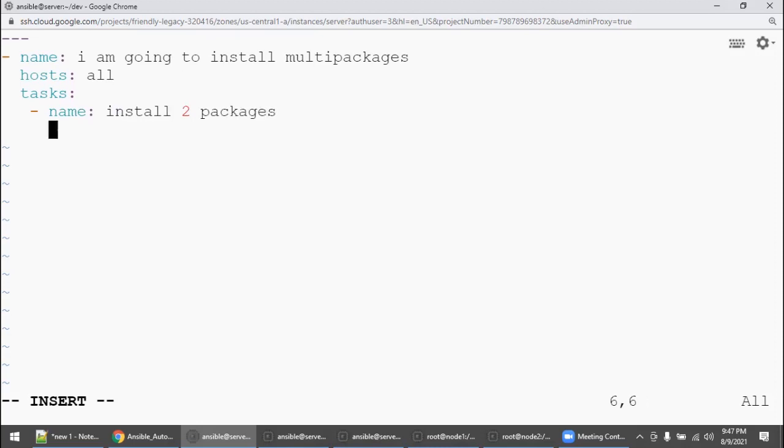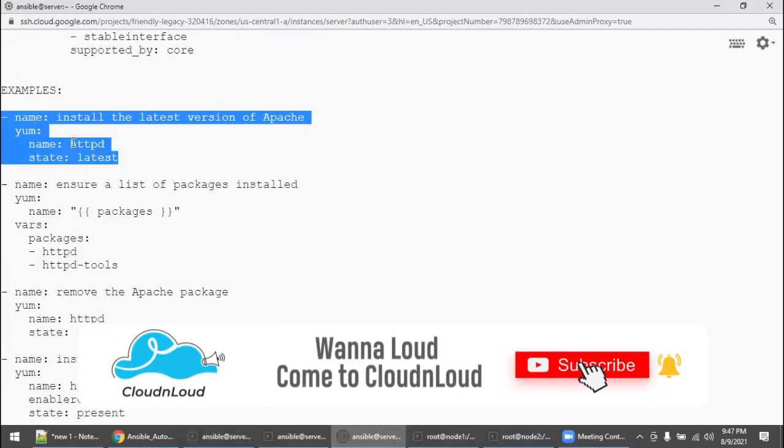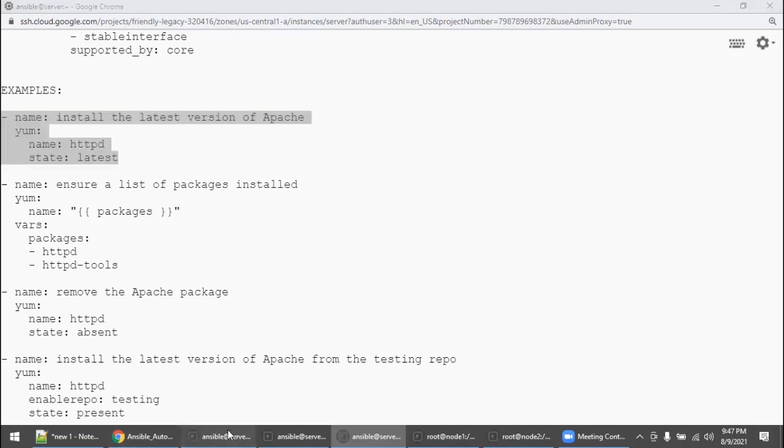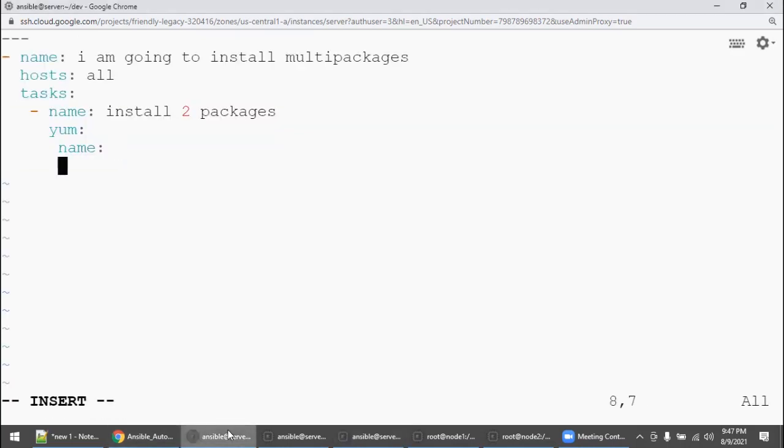What is the module? ansible-doc -m module. If you want name, you can refer to one package here, but I want to do multiple packages. So simply enter hyphen httpd and hyphen unzip, and hyphen wget package.